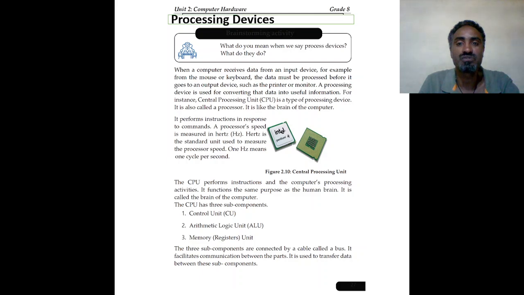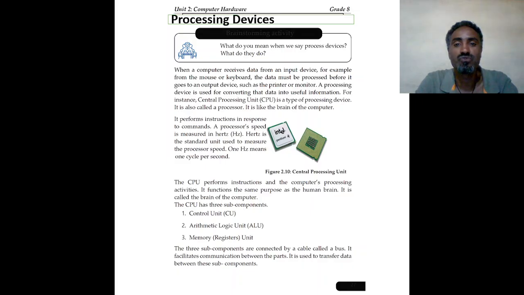How does it perform? First it must receive data by using an input device, the mouse and keyboard. Then for processing, it uses the processing device before the data goes to an output device such as a printer or a monitor, for instance. They help us with the function of output. We use a printer or monitor for outputting after the final production. After processing to produce the right information, the computer uses a printer or monitor.